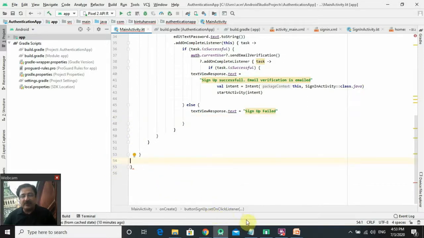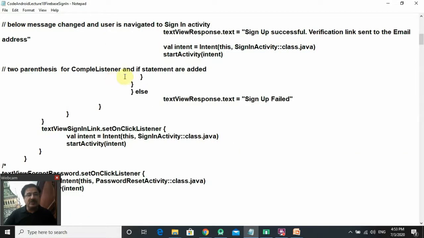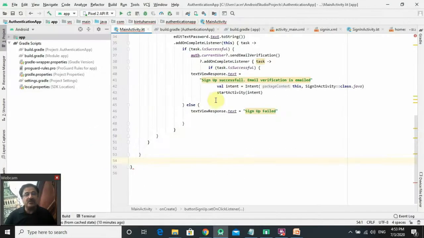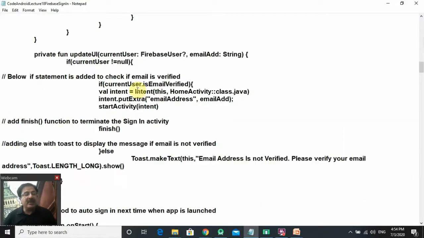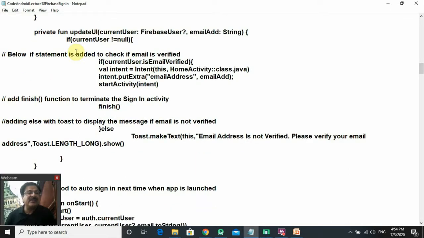Okay, so after this, what we are supposed to do, this is for the method of email verification and the complete listener. This has to be added here. These 2 parentheses, nothing else. And in this sign in activity, you have to just modify this update UI. See, in the last lecture, we've seen that if the user is valid, that is, if the user has successfully signed in, we were allowing the user to navigate to the home page of the app, right? Now we have to invoke the is email verified method to confirm whether the user has clicked on the email verification link or not. Okay,